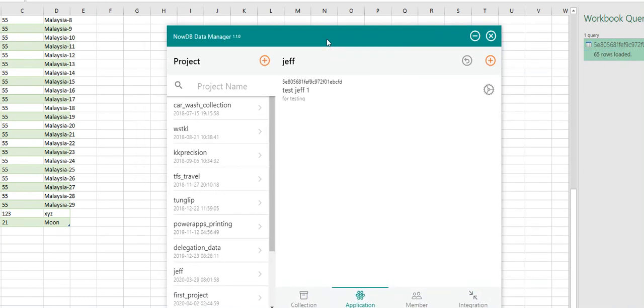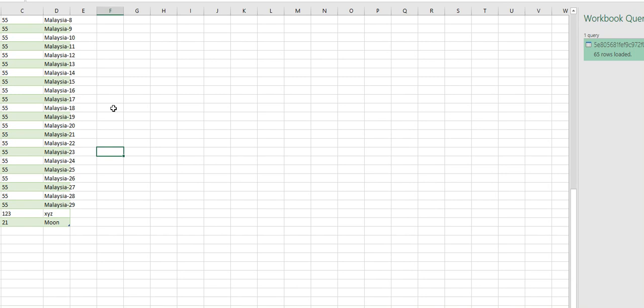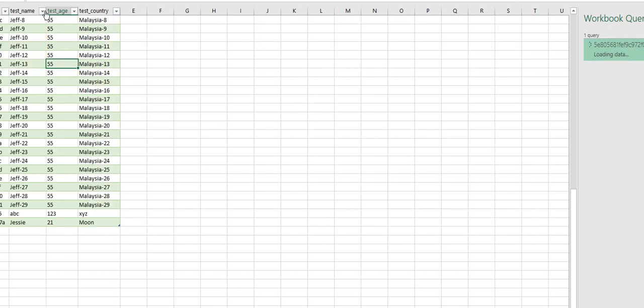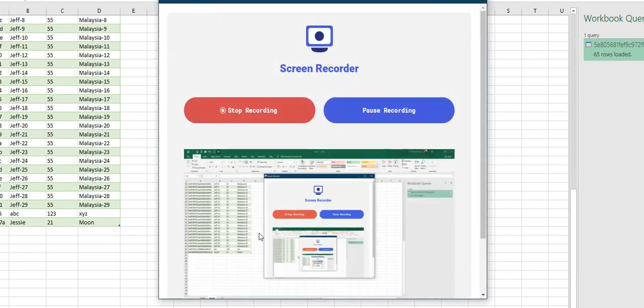Before I end my session, I wish to stress again that NowDB provides a very simple uploading of data from Excel into the database. At the same time, we have a very simple URL that you can just sync to Excel easily. And before I forget, what if you accidentally delete some data? It doesn't matter because it is just syncing or downloading the data, not uploading. So you can anyhow click refresh to get the data back. So this is something good for the backup of data and consumption of data. With this, I would like to end my session.